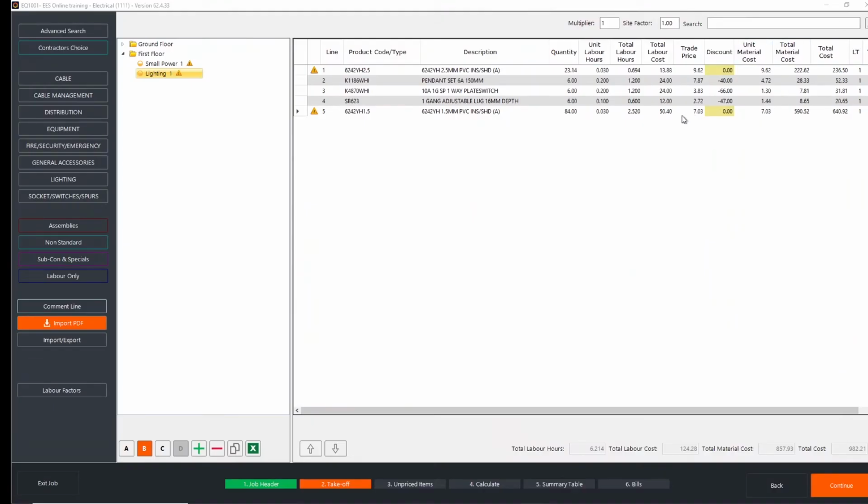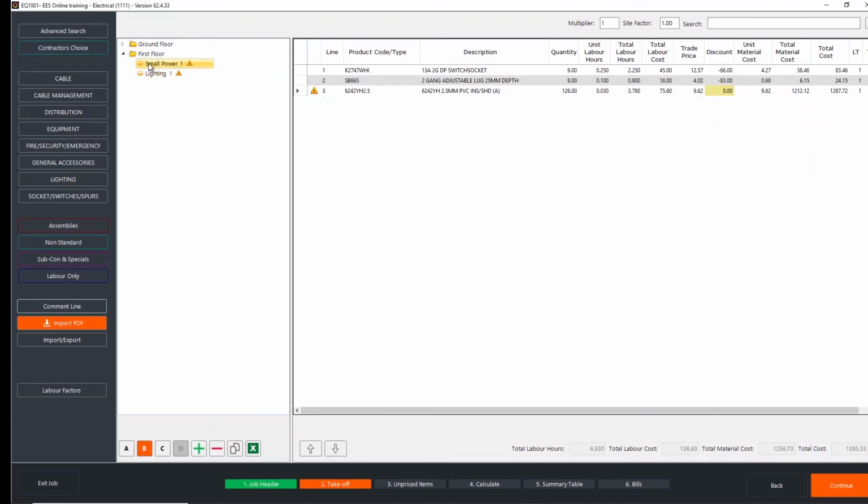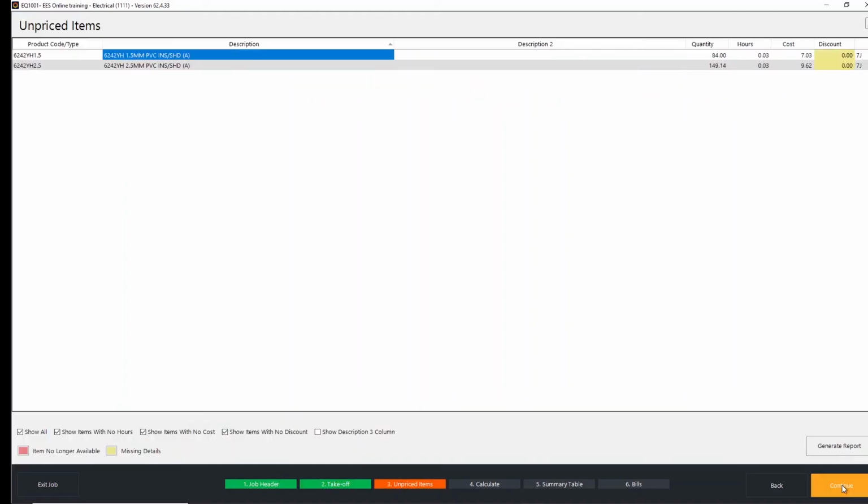Okay, so just moving away from there, then back onto the estimating. So we finished adding in all of the different items which we need. We're simply just going to press the continue button. If you have noticed, there has been a couple of warning triangles just telling us about some missing information and where to find it, but I can simply press continue, which is actually going to group all of that information on screen at once for me,